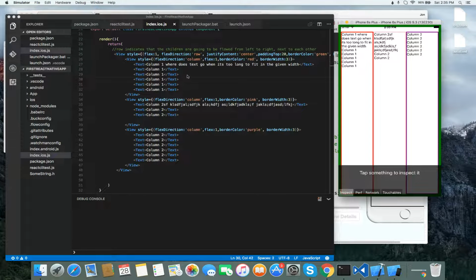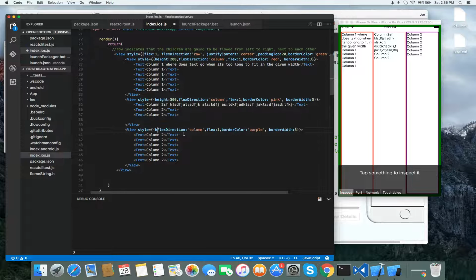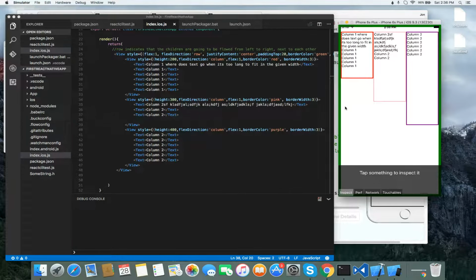So maybe we wanted this red column to only be 200, and then this one we wanted it to be 300, and this one to be 400. So we can then specify the actual height that it's going to take up. Okay,